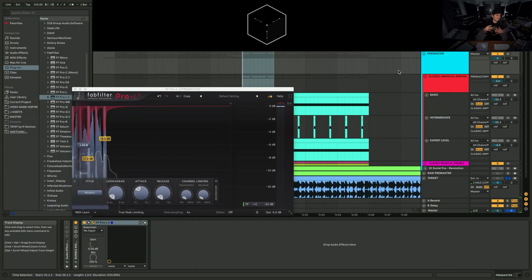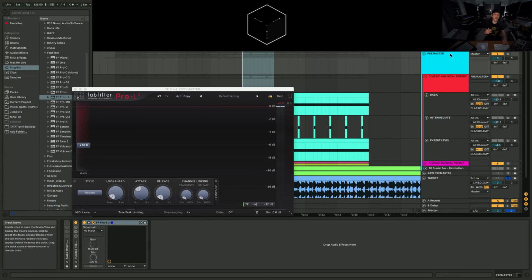This stage here, the hi-hat sounds way too loud. We've got a kick and a snare that are just way too far forward. The percussive elements in this track are too far forward. They're just too up front. And the rest of the music is too far back.